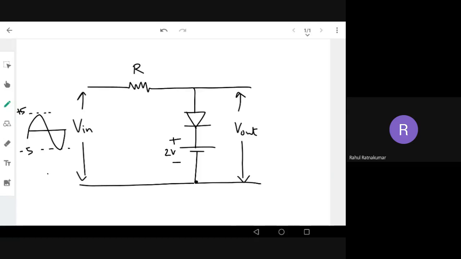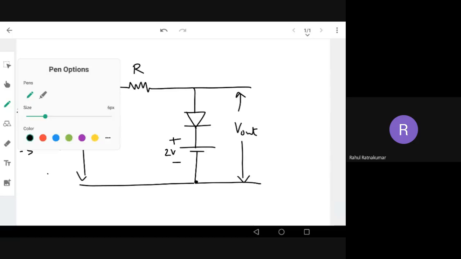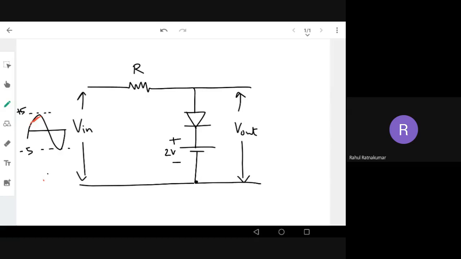So for the waveform, I think yesterday we had discussed how to analyze, I'll just repeat. Let's say we have the positive waveform, the positive half cycle. So this is plus, this is minus. This is the first part of analysis. In the exam, or when you do it on your own, you can do it step by step.